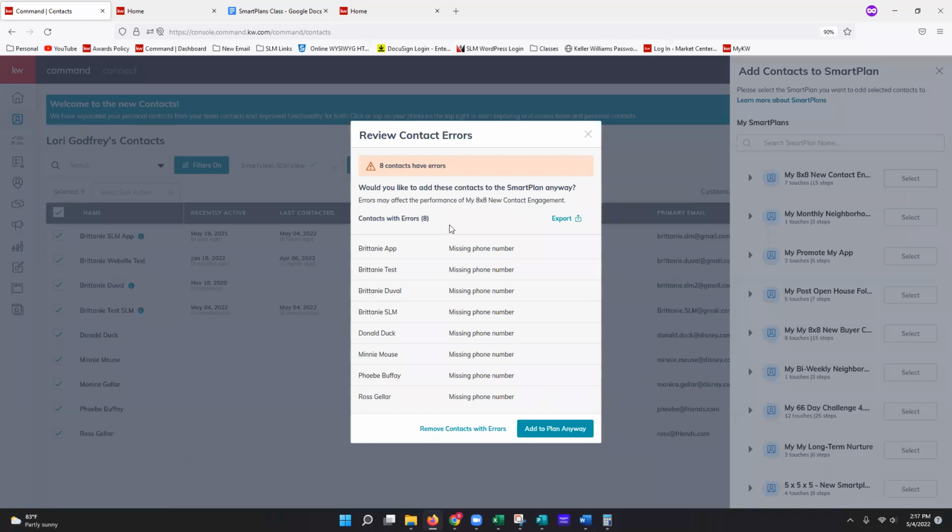I'll do add to plan anyway. It's letting you know that they don't qualify for the plan because they're missing a phone number. Essentially, if it's going to be texting, it's letting you know that they don't have a phone number on file, so they won't get that text message. Just another way for you guys to make sure that it has information before bulk adding them, which is pretty cool. I'm going to go ahead and just do add to plan anyway, just to show you guys what this